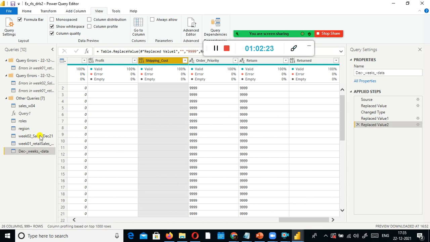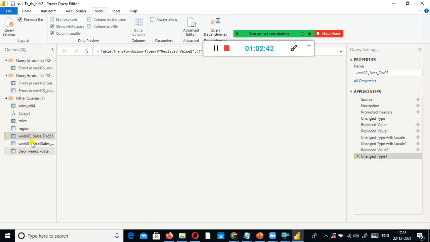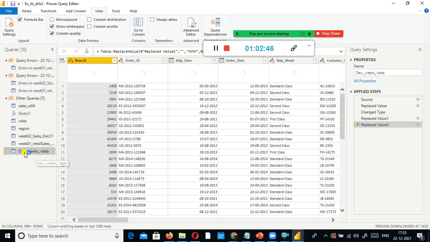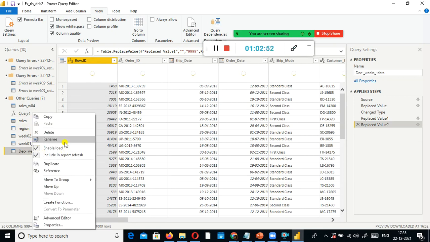Fine. Anyhow, I will store this file, whatever changes we made, and I will share it with you also. So that you will get to know what files we used, and you can download my file. You can open it, then open the Power Query Editor and see. You just select each and everything. Oh, these are the files that were used, and this is the consolidated one, right? So consolidate something like that. Okay, I'll probably give some meaningful name.